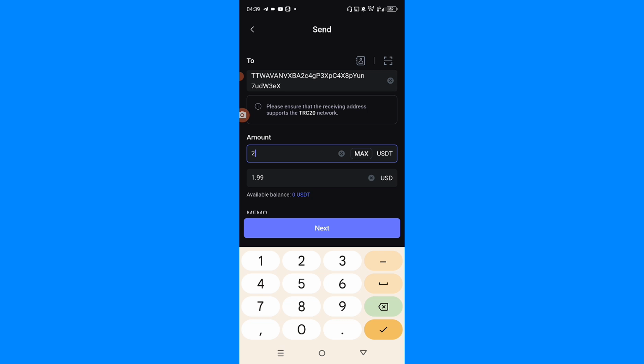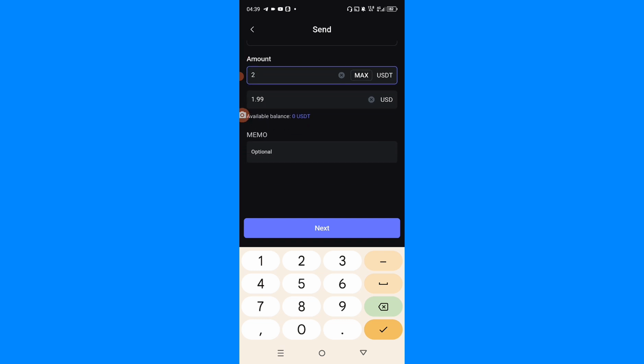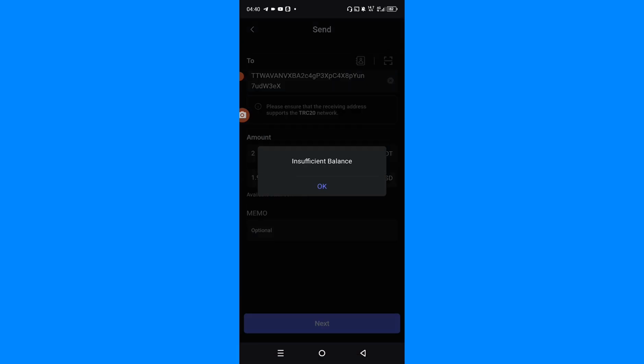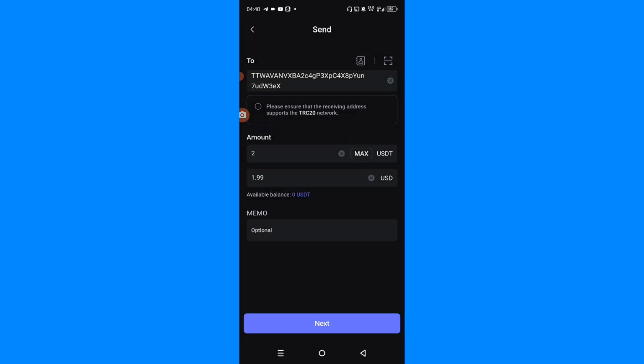So you can see the maximum and you can see the available balance is 0 USDT. Then you see the option for memo. Though I don't have memo on my Binance app, so I can just leave it like that because it's already written here that it is optional. The next thing I have to do is to tap on next. I don't have sufficient funds, so this transaction will not be completed. But if you have sufficient funds, this transaction will be completed and it's going to be sent within a minute